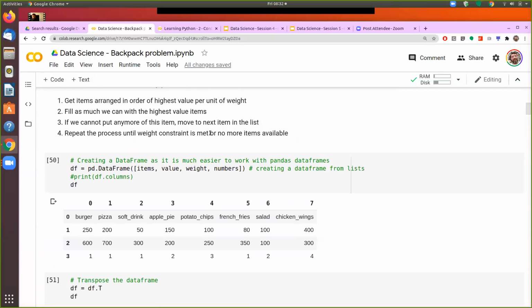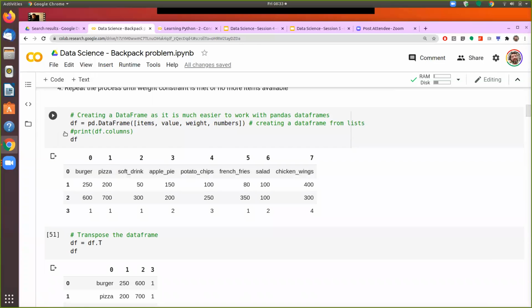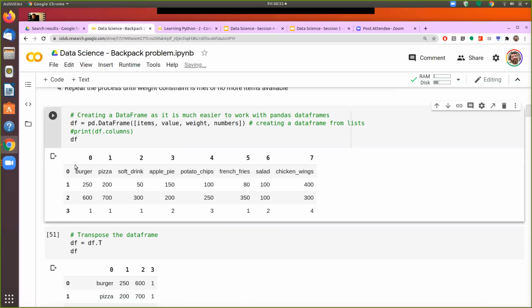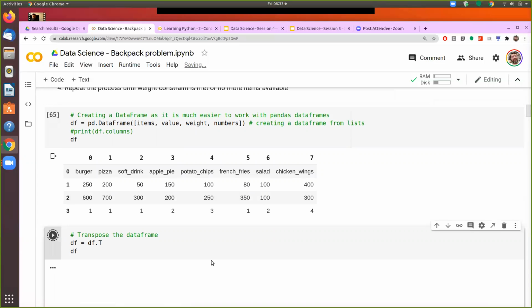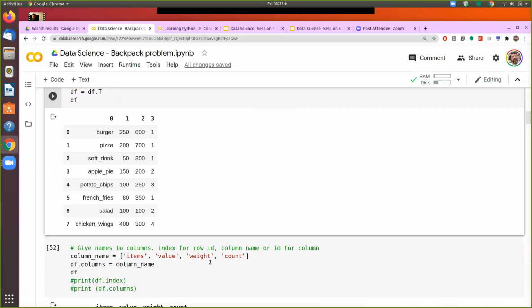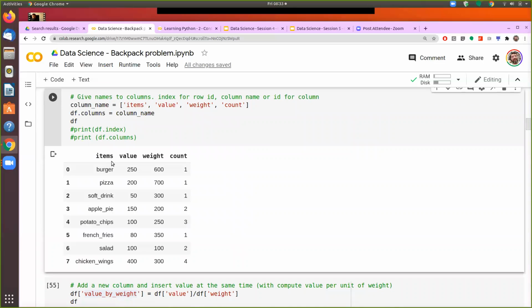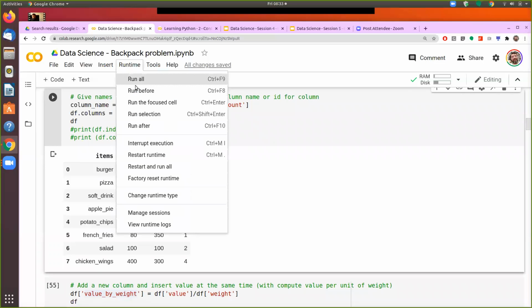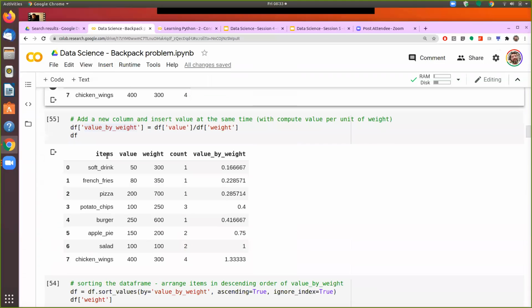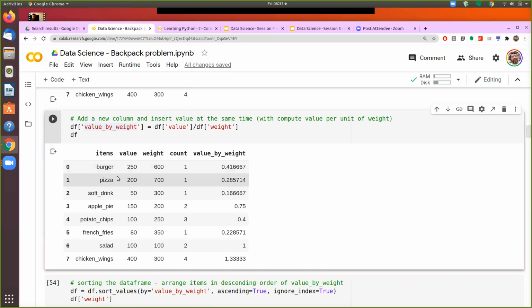Otherwise, it is just taking the previous df which we had computed and adding it on the same. So these things, rather than running one by one, I can also go and see run time and run after. So it will run one by one, all of these, and we don't have to execute that one by one.